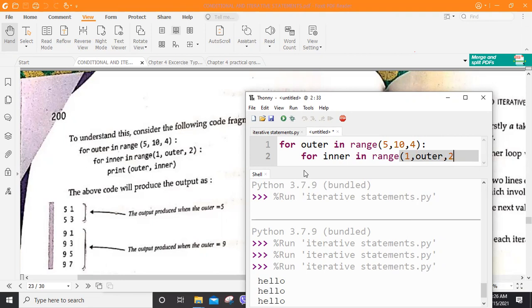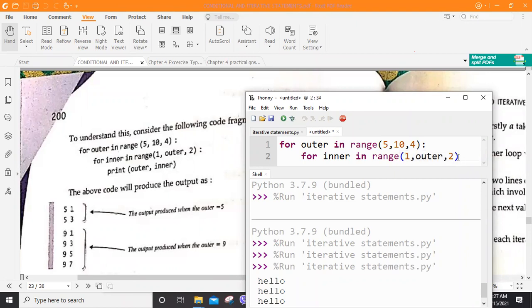But now, while using this nested for loop, we can use the looping variable of the outer loop inside this inner for loop. That's why I have used outer here, as the stopping point, the upper limit. Just pay attention here.